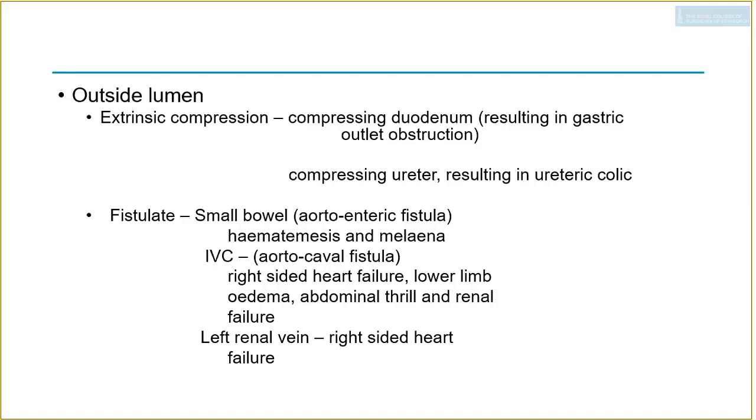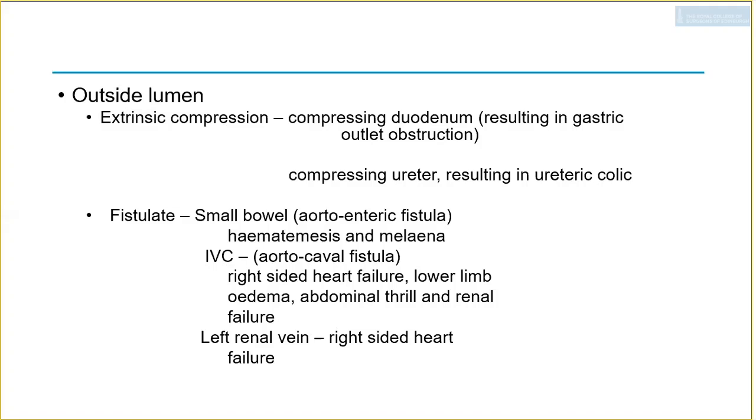It could also fistulate, i.e. it could form a connection with the small bowel, or what we call an aortoenteric fistula. Typically, this patient will have a small herald bleed, a small herald hematemesis, followed by a massive GI bleed. So again, if you don't consider this, it may be too late to plan your management.